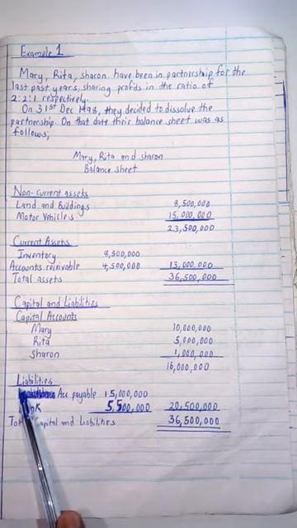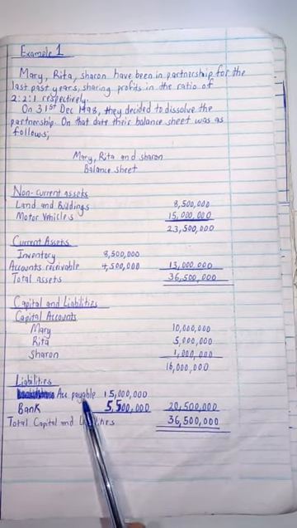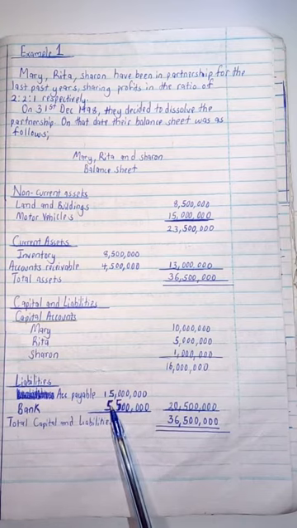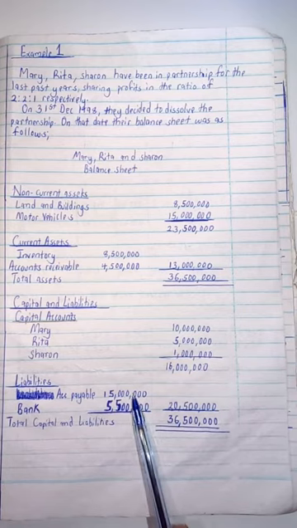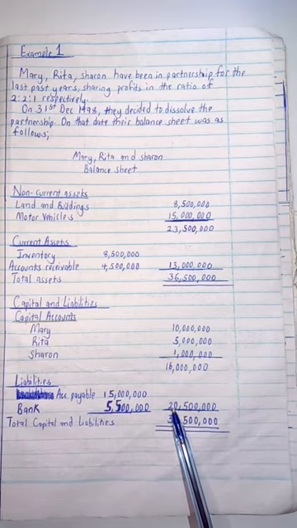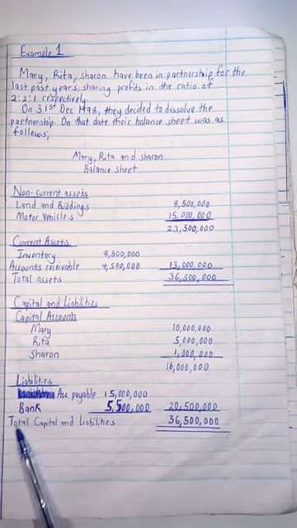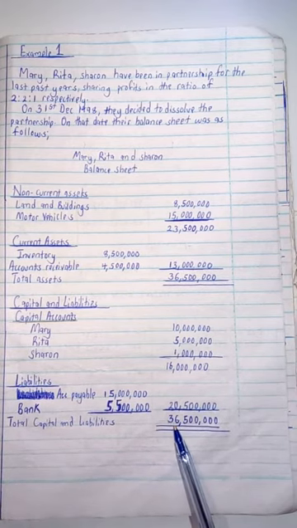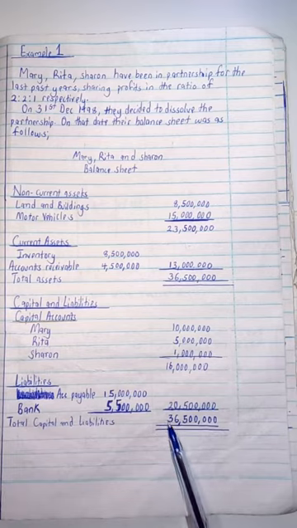Then with the liabilities, I'm having accounts payable, which is giving me 15 M. Then bank is giving me 5.5 M. So here this total gives me 20.5 M. So the total equity or total capital and liabilities is 36.5 M. So this is the question,